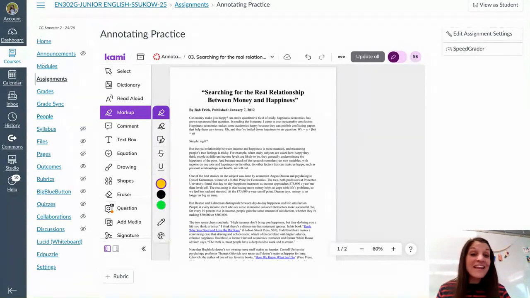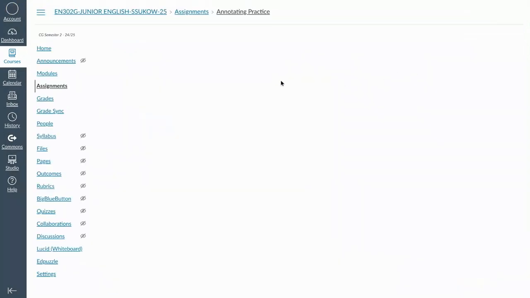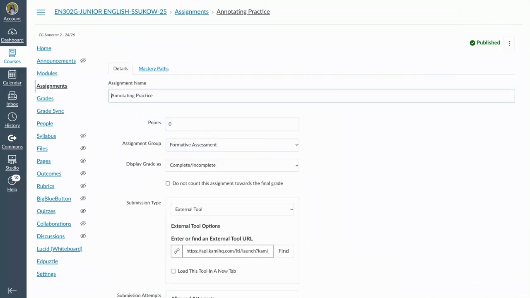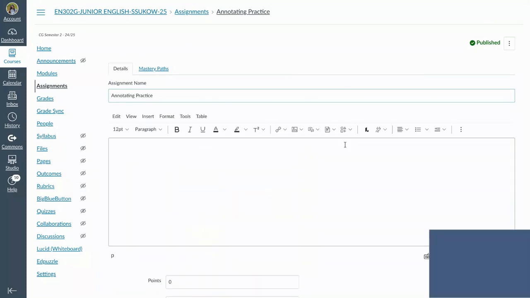Explore the Canvas and Kami integration. So I went to make an assignment in Canvas, and I used the external tool feature. And now that Kami and Canvas integration is so seamless. So I'm actually helping my students to practice annotating skills at the beginning of the semester, and this is the